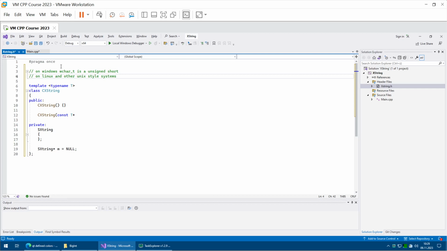Let's also specify the compiler, because in principle it might also be up to the compiler what it picks. So you could compile your own Linux and then tell it to use Windows type of characters. But let's do here specifically Linux and other Unix-style systems, comma, the GCC, comma